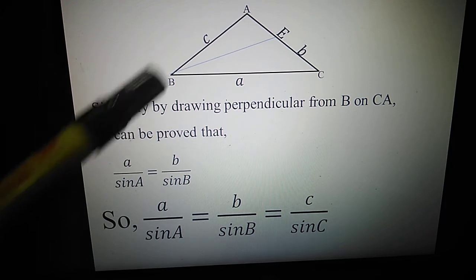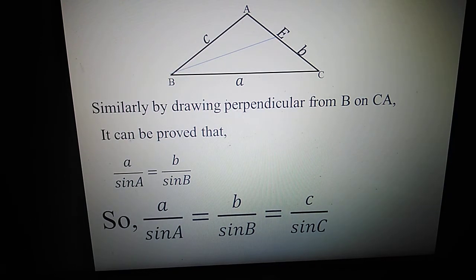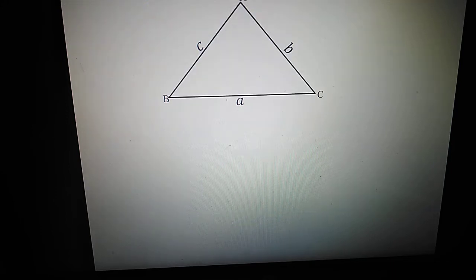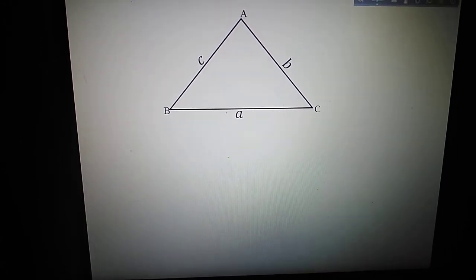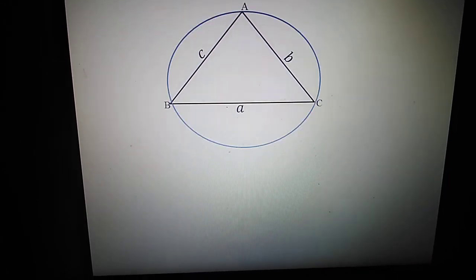Actually, we have given our proof only for the acute angle. For the obtuse angle and also for the right angle triangle, we can prove the same. In your book it is given; we just explain only one, that means only the acute angle, and you can understand the other two ways. Now, if we draw a circumcircle,